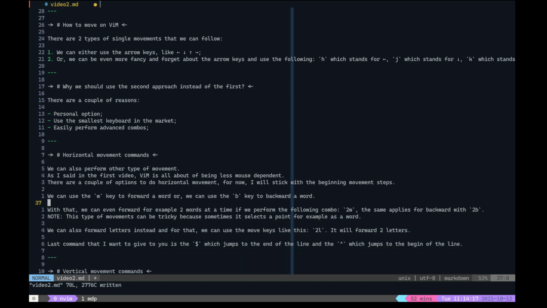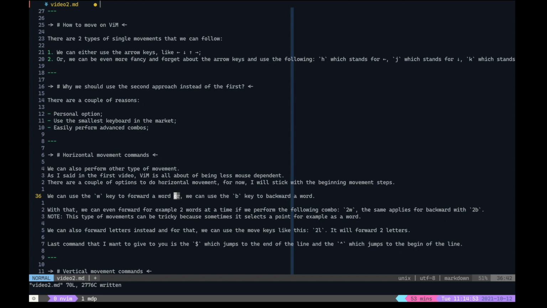Let's see what we have next. We have the W and the B. So I'm pressing the W. As you can see, it's going forward, and I'm pressing B, it's going backward. As I told you, punctuation signs or any special sign, any sign that you can find, is dealt with as a word in Vim. So as you can see, the backticks there, if I press W, it's a word. If I press W again, it goes to the W. If I press W again, it goes to the backticks. So every sign is like a word.